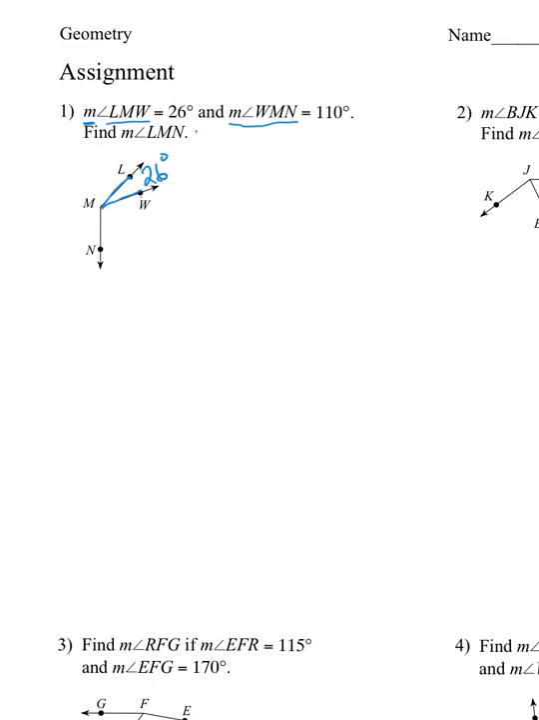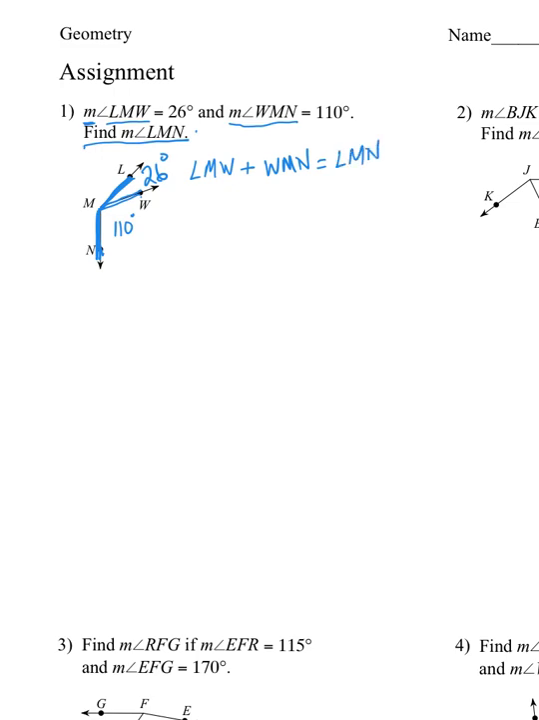So WMN is 110. Okay. Find the measure of LMN. So LMN, that's the entire angle. Okay. So since I'm given the measure of the two smaller angles, LMW plus WMN, that's going to equal the larger angle,